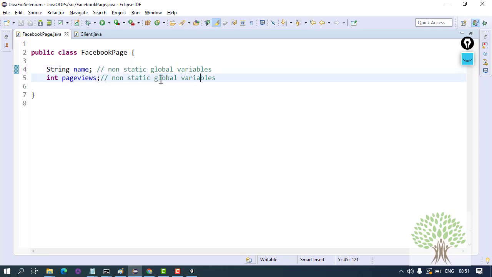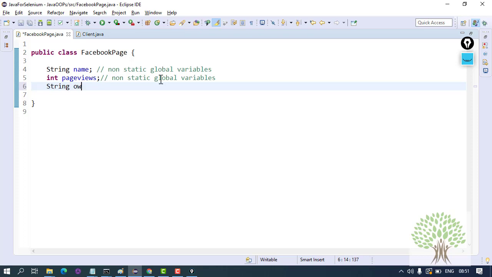Suppose there is a variable over here, say string owner of the page. Owner of the page is Facebook Incorporation, obviously, right? Suppose I declare this variable like this. For every page, the owner is obviously Facebook Incorporation.